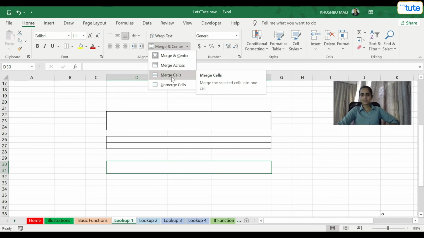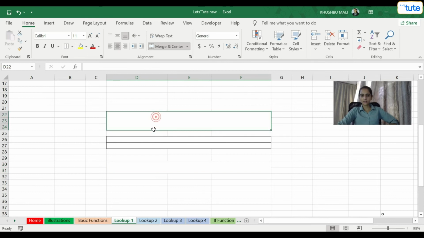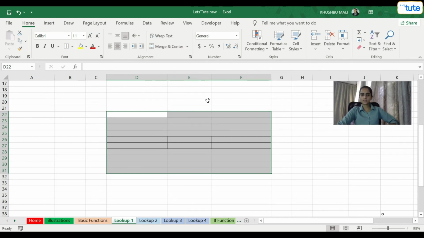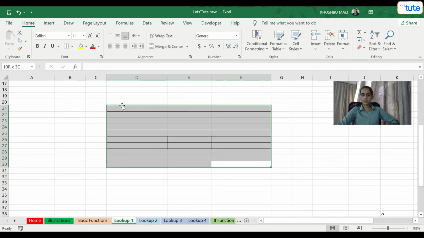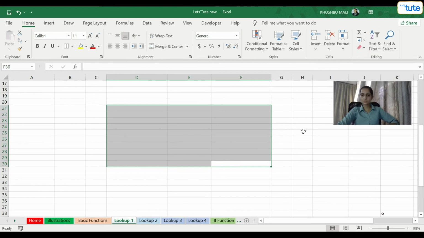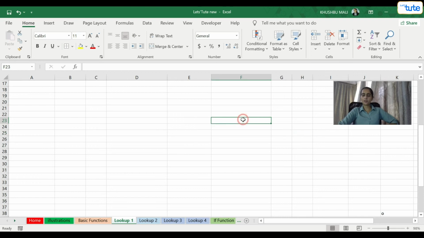It is similar. Unmerge cells, that means whatever things we have merged, like these three, I visit this option and unmerge these cells. So you can see all the databases are back to normal. I'll clear these designs and everything. See, the database is normal now. So merge cells is giving information about where to use it.